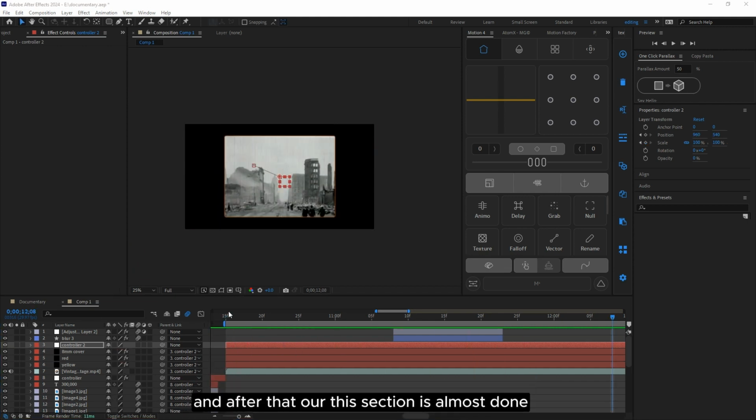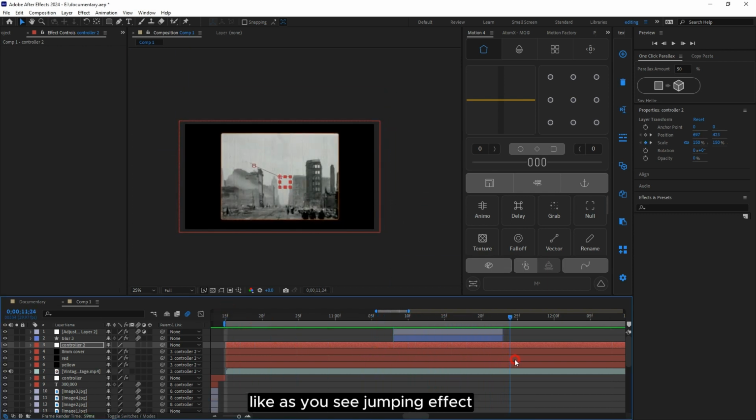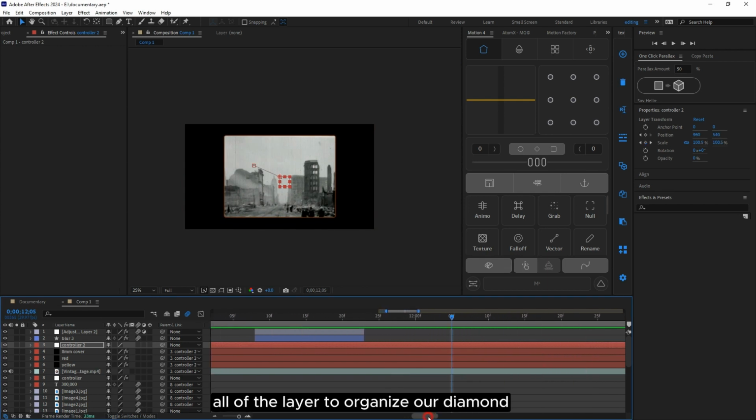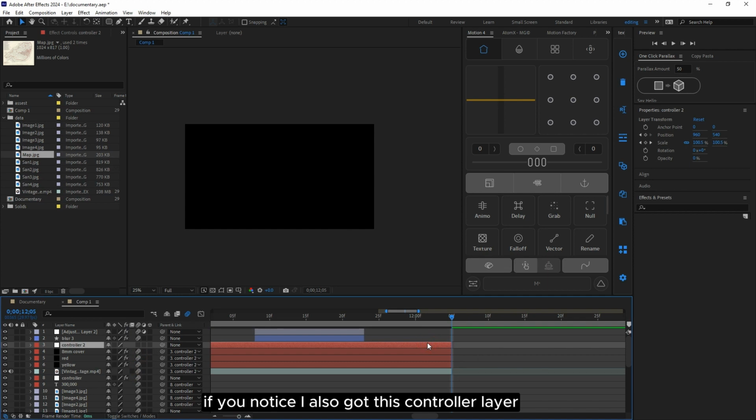And after that, this section is almost done, as you see, the jumping effect. And then you can speed up all of the layers. To organize our timeline, I deleted all these layers. You need to listen to your voiceover. But if you notice, I also cut this controller layer,